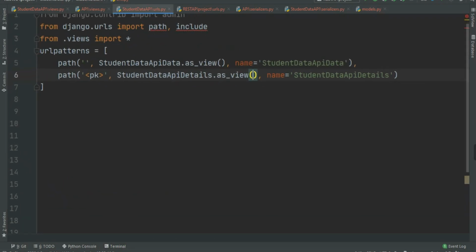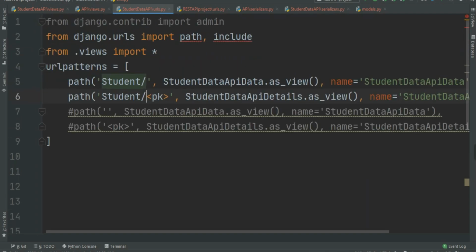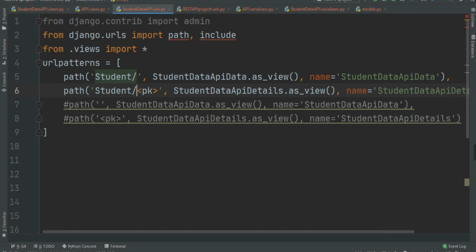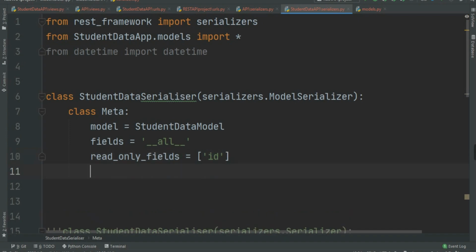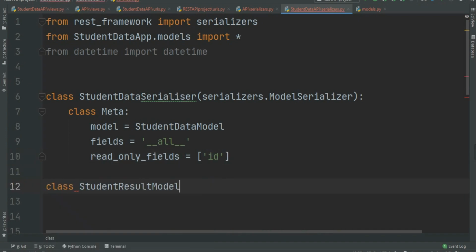Now in the student data API URL, I am going to pass another URL for student data result. As you can see, I changed the path to empty string equal to student and student/pk, which is the primary key. Now in serializers.py, I am going to create another serializer and name it student result serializer.